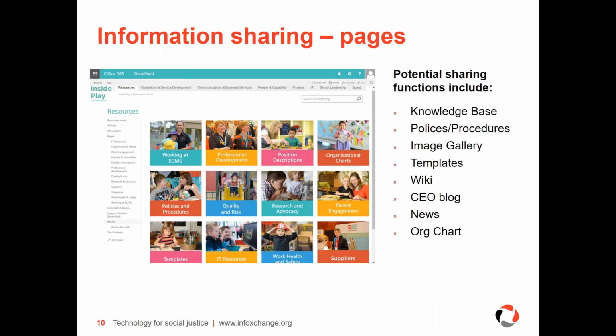You've got information sharing available through your intranet, and that can be things like putting up a knowledge base, giving staff access to all of your policies and procedures in a simple single spot. We know one of the issues staff can have is, how do I know this policy exists? Nobody's told me about it, or now I know it exists, I want to read it, where do I find it? So structuring your information well in SharePoint helps eliminate a lot of that.